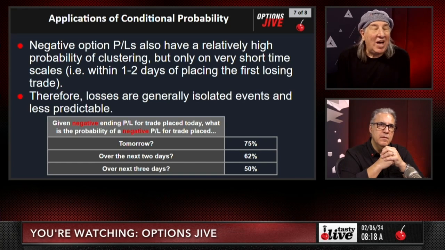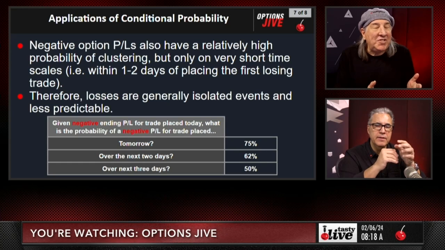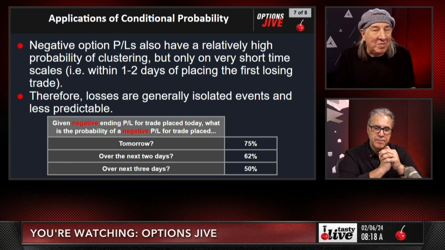So then how do you lose? You lose when you get outlier moves, right? The reason you have a high probability... This goes counter to adding to your winners. No, the reason you do high probability trades is